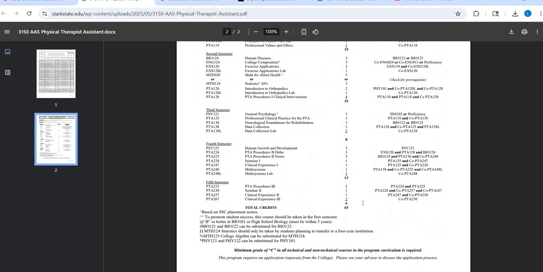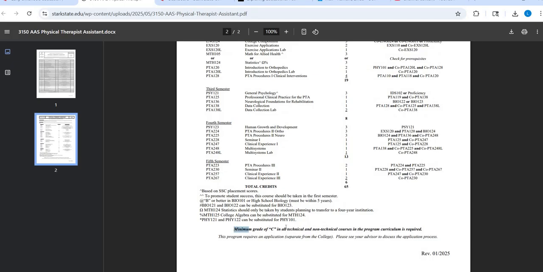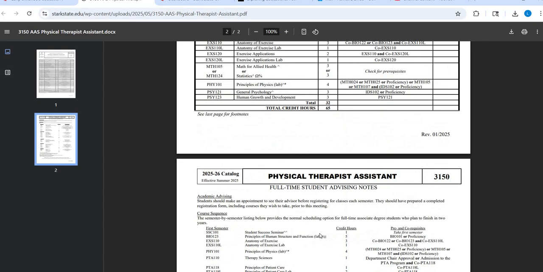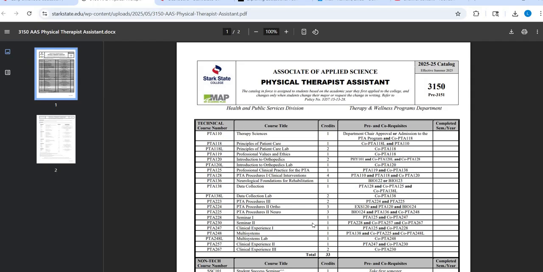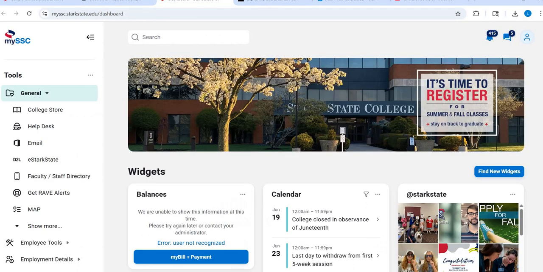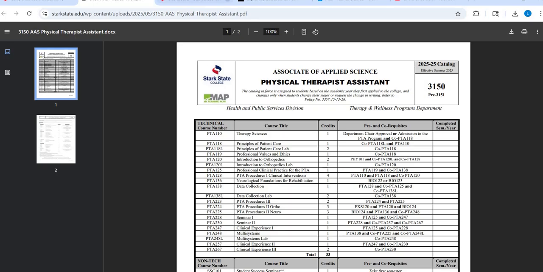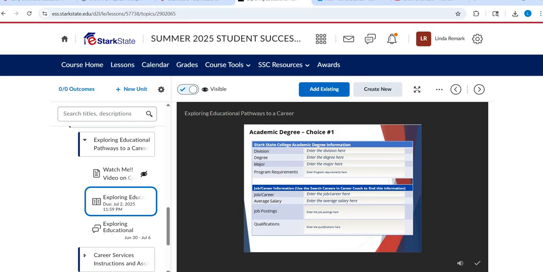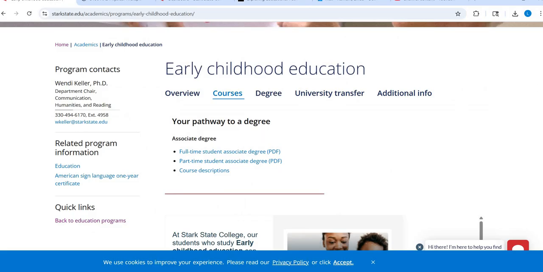And then I might scroll down and see, okay, there's a C in all technical and non-technical programs. There is an application process. So that's what I'm going to put down. I'm not going to list all these classes and everything I need to take. That's unreasonable. But I will pick just a few things. I would put down how many credit hours I have to take, my GPA requirement, and that a program application is there. So that's where I'm going to get my information for this first one. And the same thing for choice 2. All of that's going to come from a program plan that looks like this.